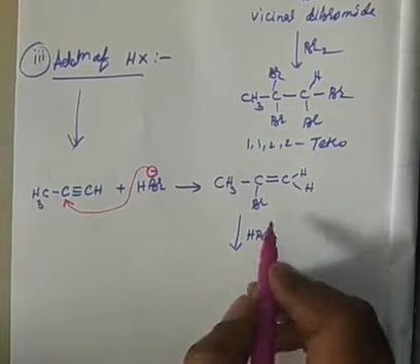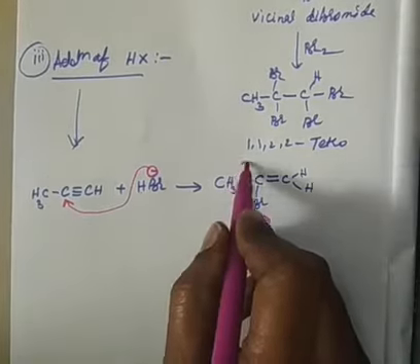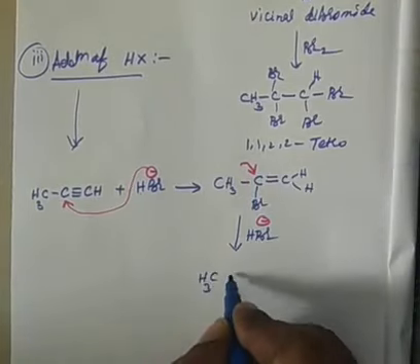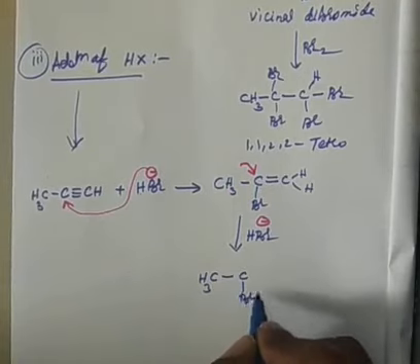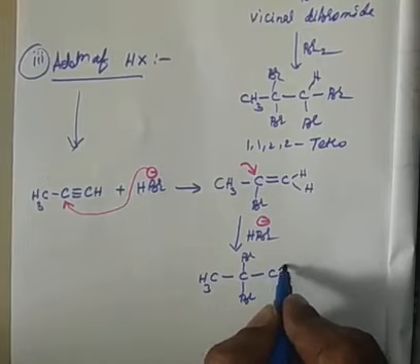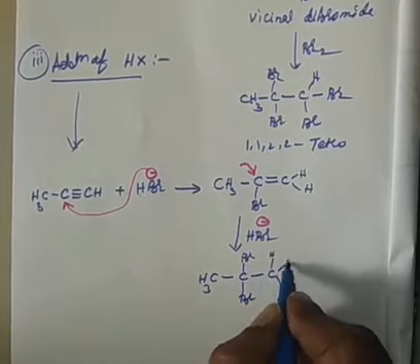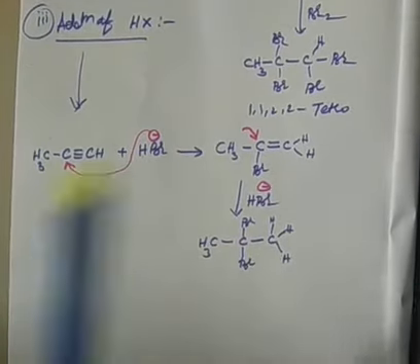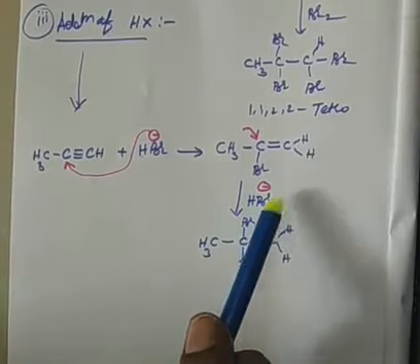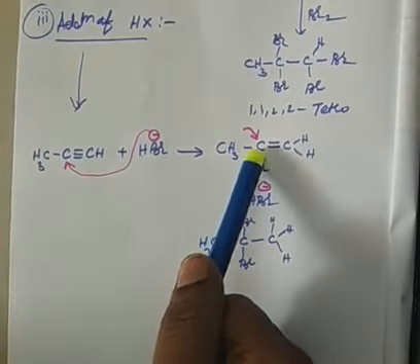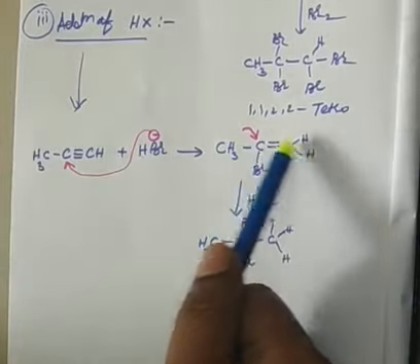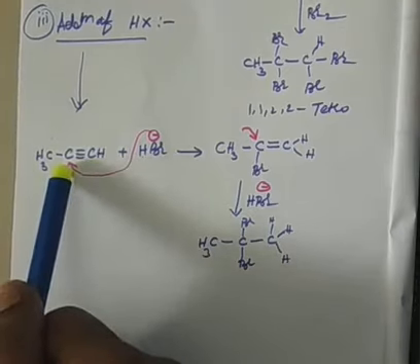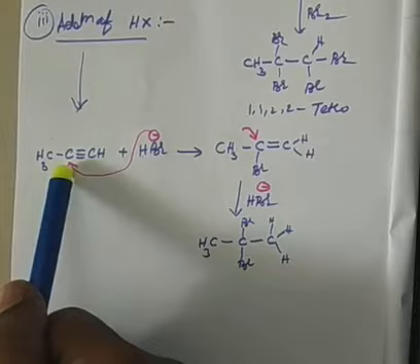Again, what is the product you will get? See here, again the negative part attacks the carbon atom having fewer hydrogens, right? So CH3, C, Br, and here also Br, and here CH3, all three Hs, right? See, now two Brs, no madam, 3D crowding, more crowding, no. Our rule says the rule only. The negative part should be added to the olefinic carbon atom having fewer hydrogens. So in between these unsaturated carbons, this one has fewer hydrogens. Therefore the same Markovnikov rule is followed, right?